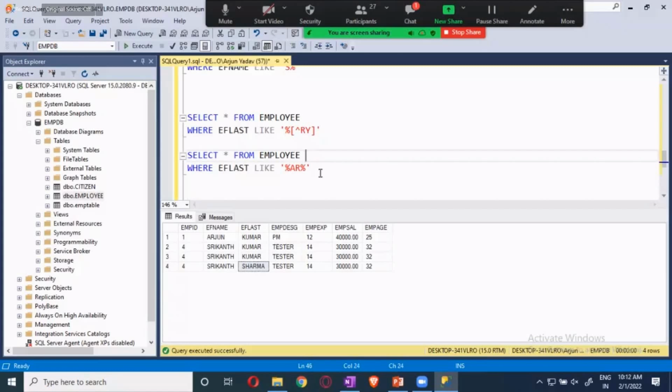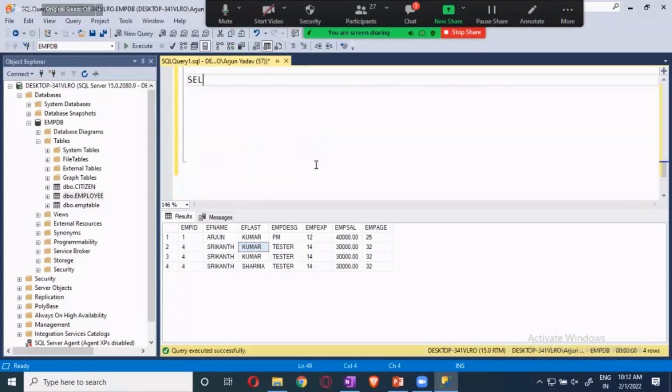Now if you wanted to get a word starting with A and ending at R, is there any word like that? No. Starting with K and ending at R, I will do it. So how will I do it, guys?